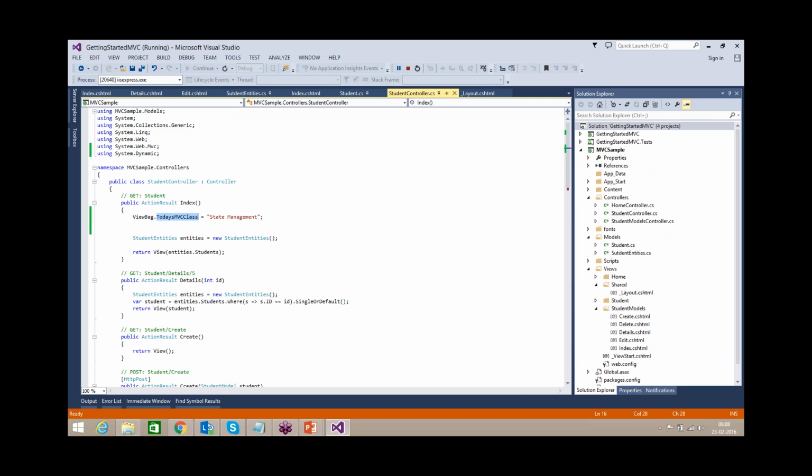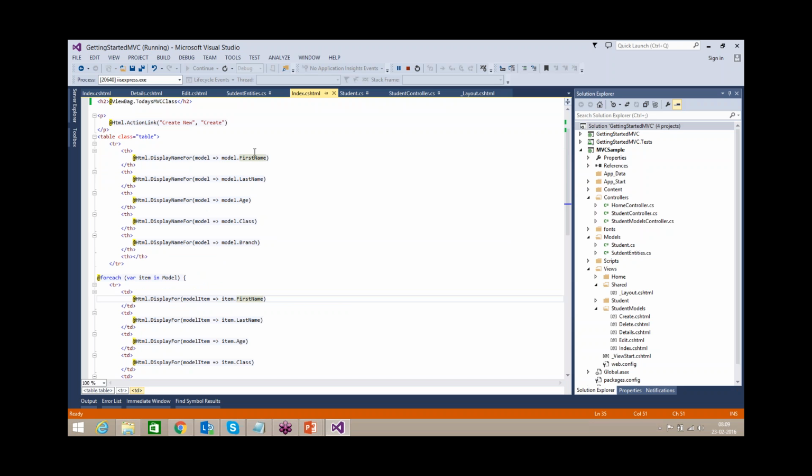This property ViewBag is there in your controller, but once you assign this property in your action, it can be accessed only in this view, only in this view.